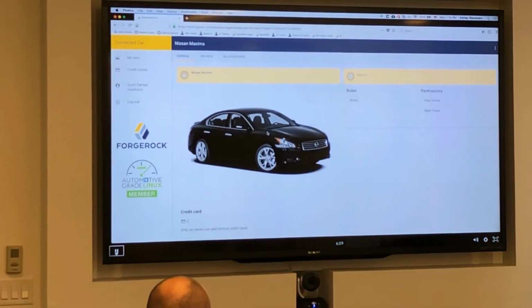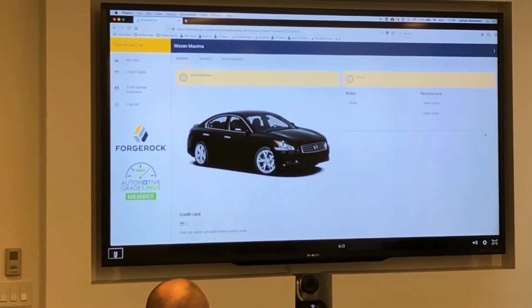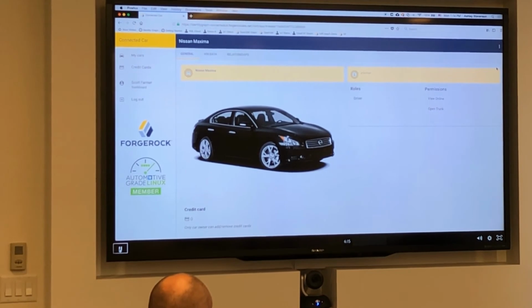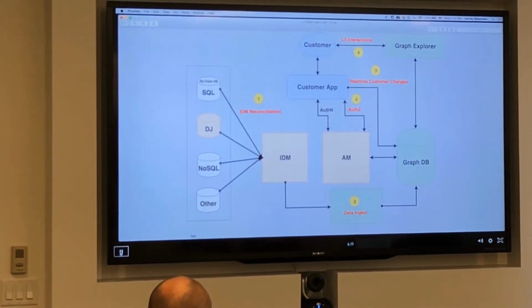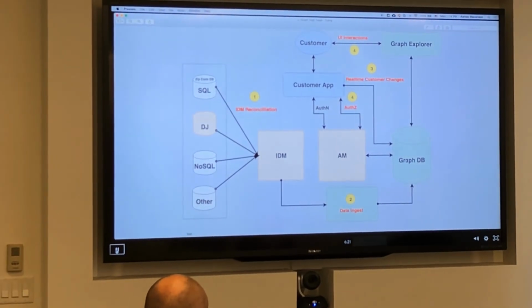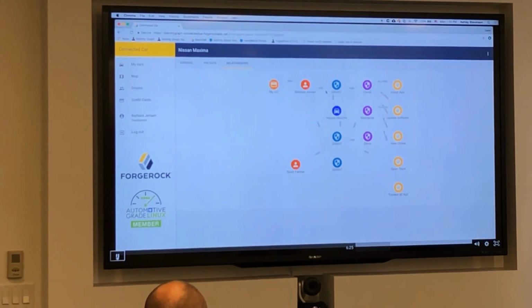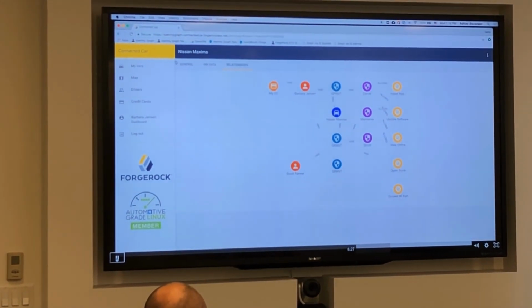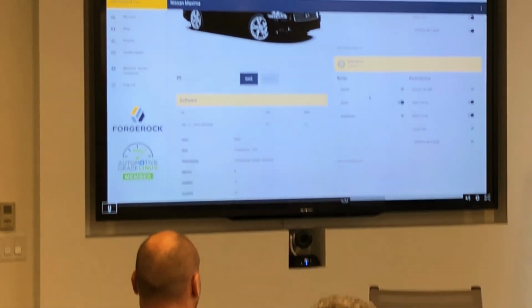So for example, when Scott logged in, and this was the view that he saw here, this was from traversing the identity graph using the AM policy engine over here, AM policy engine integrated with the graph to determine what he was even allowed to see in the first place. Okay, so now let's go back and let's change some permissions for Scott Farmer. So in this case, we're going to